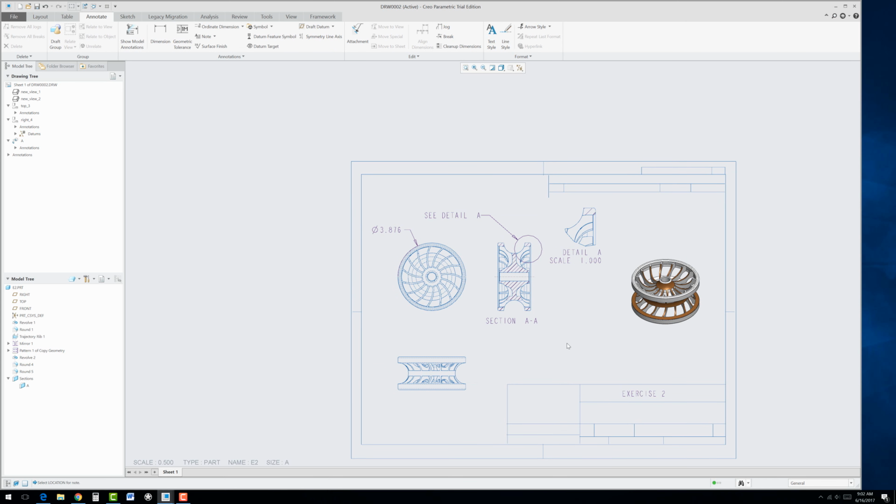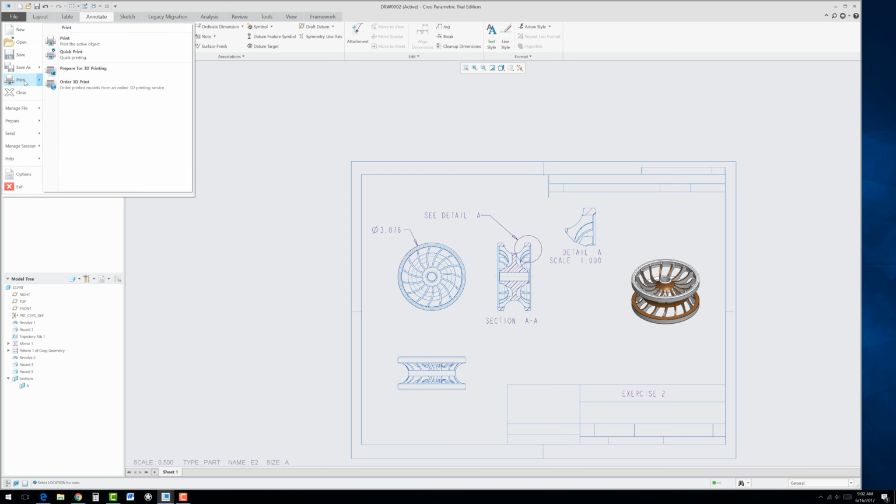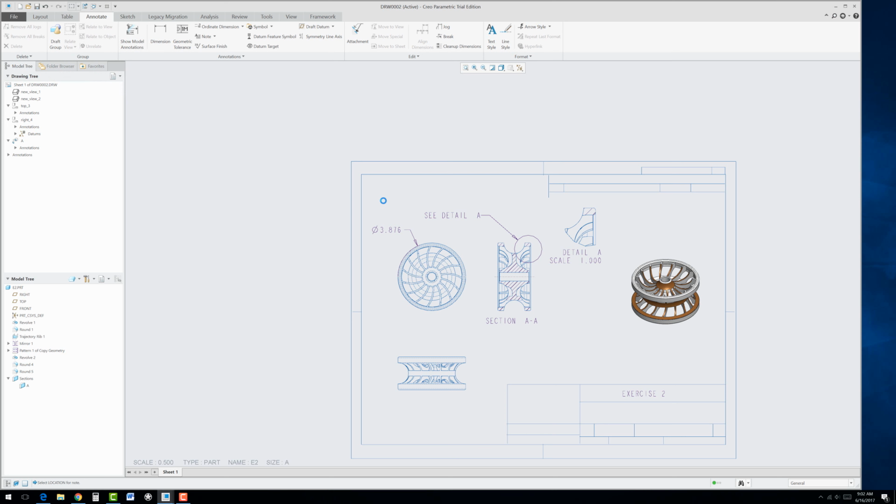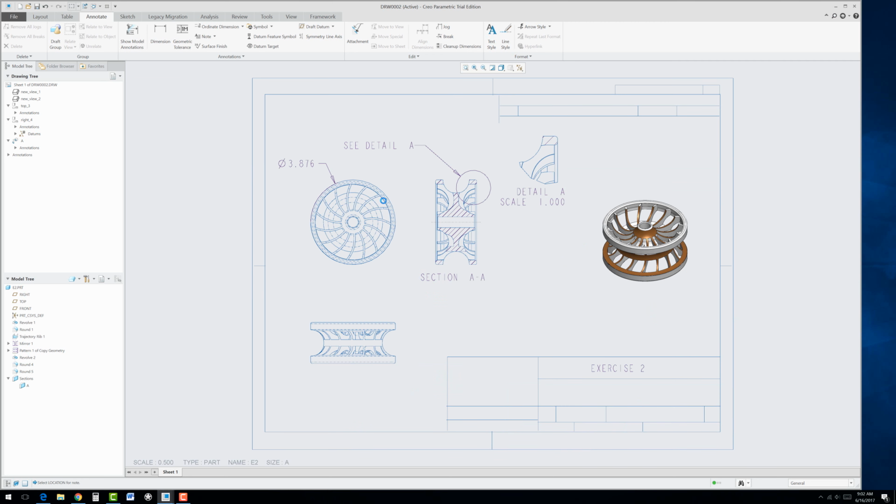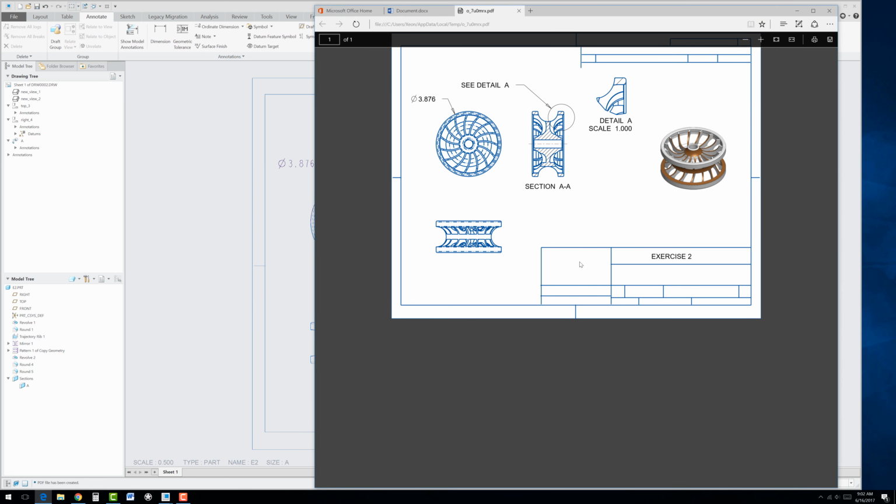Okay, so there we have some different views, a couple dimensions, and now what you could do is go ahead and, again, I like to go to Save As, PDF. Okay, and this provides us a pretty decent little drawing. Looks really good. I'm going to hit Alt, Print Screen,